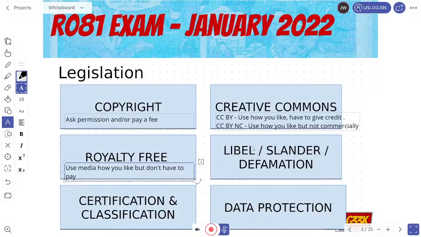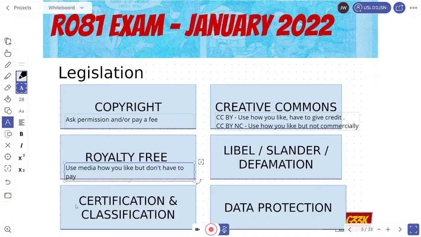You may have heard in the news about newspapers having to pay damages to people when they post things that aren't true. That's essentially what this means. So it's just being aware of it and being professional at all times, because obviously the whole point of this exam and the whole course is putting you in a position where you might be a graphic designer of some sort, and being aware of what the law is.